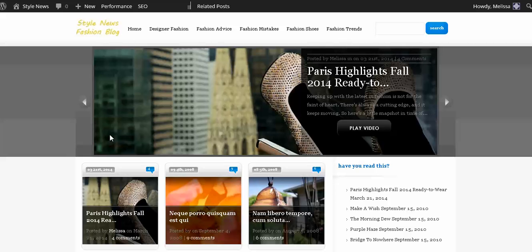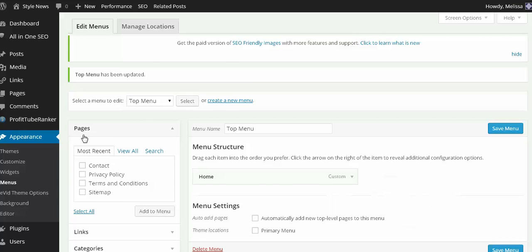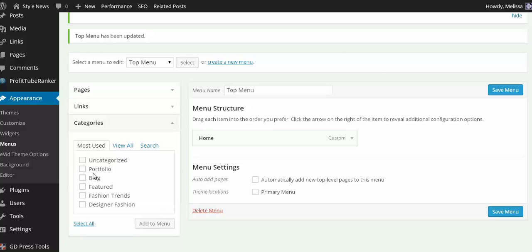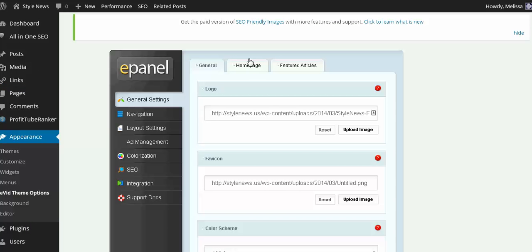I did remove blog from the top navigation. But if you notice here, this is my top menu, and the only thing it has on here is home. And here are all my categories. However, you don't use this to set that top menu with eVid. You use that thing I was showing you in the last video, the setting, navigation